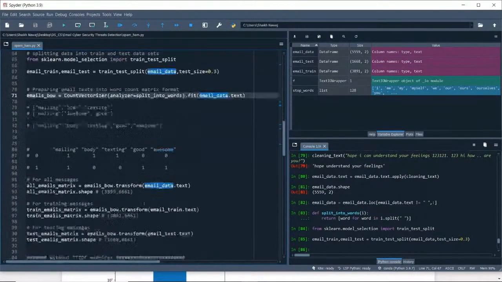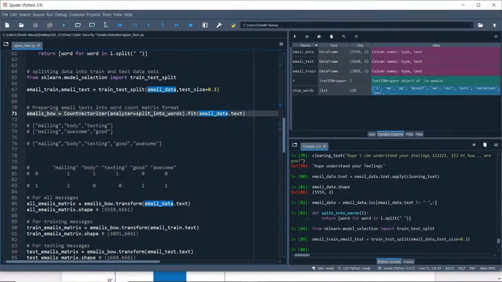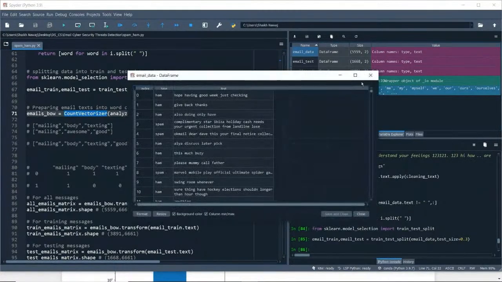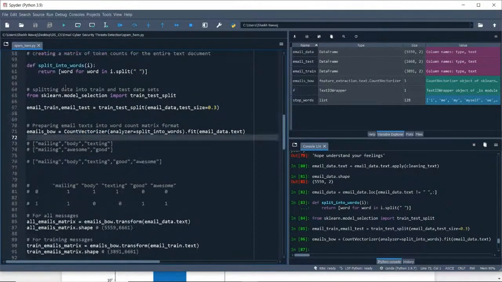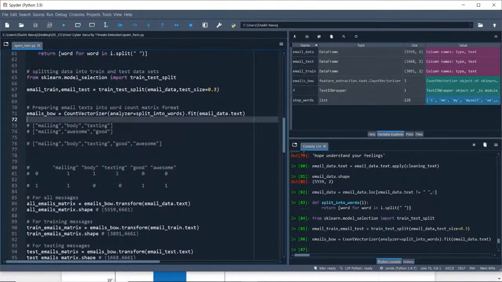Okay, so here you can see that I'm gonna use the count vectorizer. So this is a count vectorizer. First we have this much data. All the data is the email data, and all the data is text data. Now I'm gonna use a count vectorizer with analyzer split into words, which is this. Now after applying this,